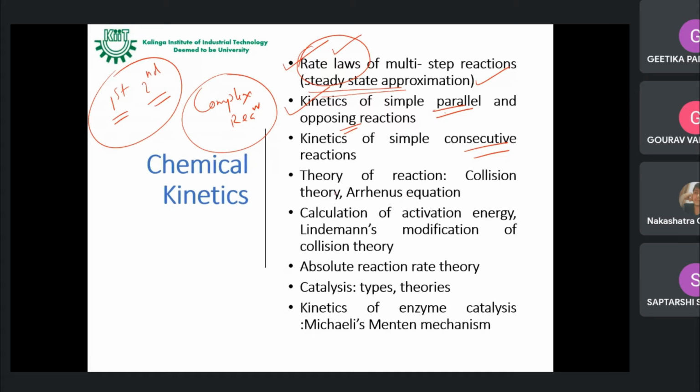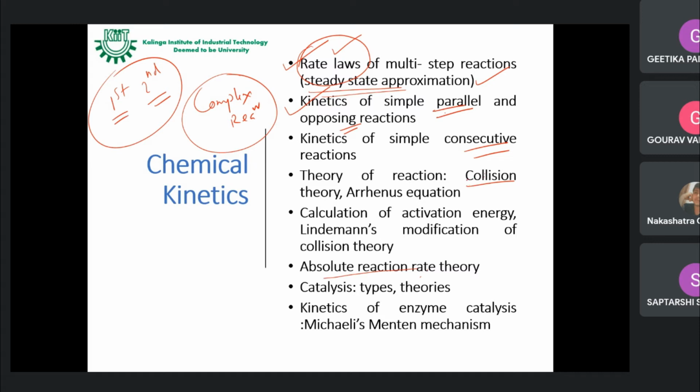Okay, then we'll go to the theory of reaction. Actually, you might be observing that I have written collision theory and absolute reaction rate theory. You have discussed these in +2, but only the theoretical aspect. We are going to discuss the mathematical approach of these 2 theories. And you know, collision theory has a lot of limitations. It cannot be applied to unimolecular reactions. So that is a very, very interesting new thing we are going to discuss,